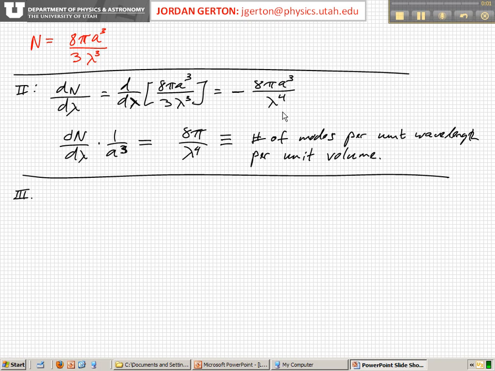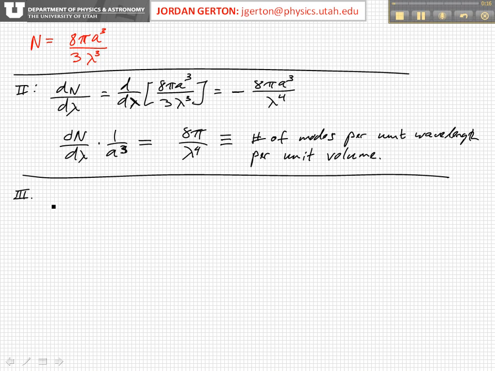Okay, so here we are. We've now gotten to the point where we've derived the number of modes per unit wavelength per unit volume. Now we want to get the energy per unit wavelength per unit volume, and so we just have to assign an average energy